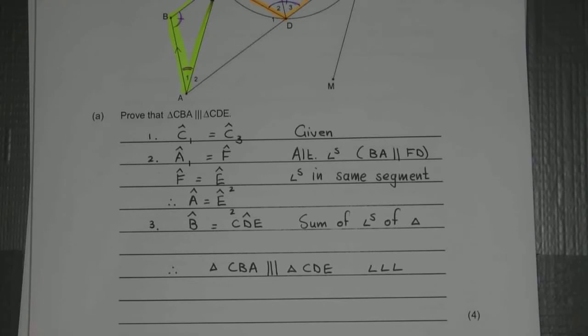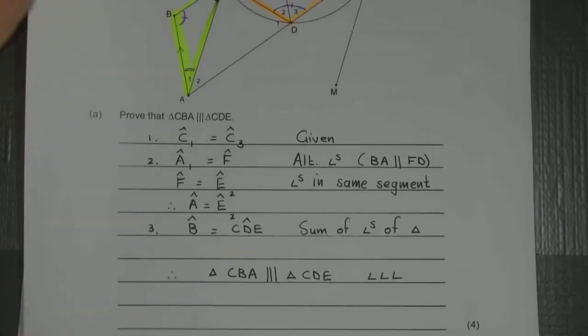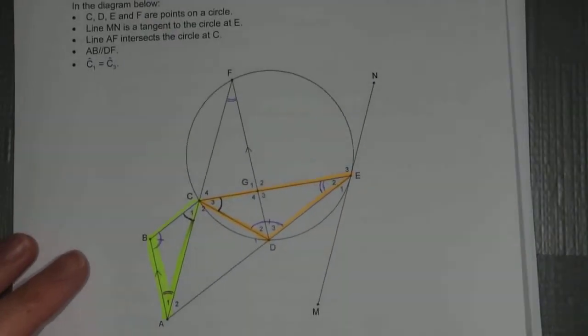Now that makes the next question, the follow-up question, incredibly easy. It's almost too easy, which means you might think you're doing something wrong. So the next question then asks, prove that ABCD is a cyclic quad. So if you look at the diagram,